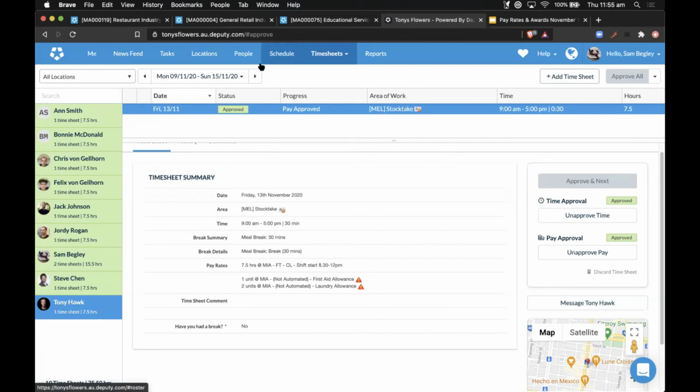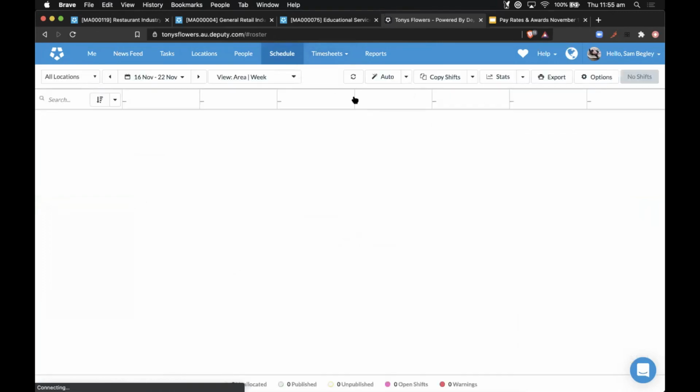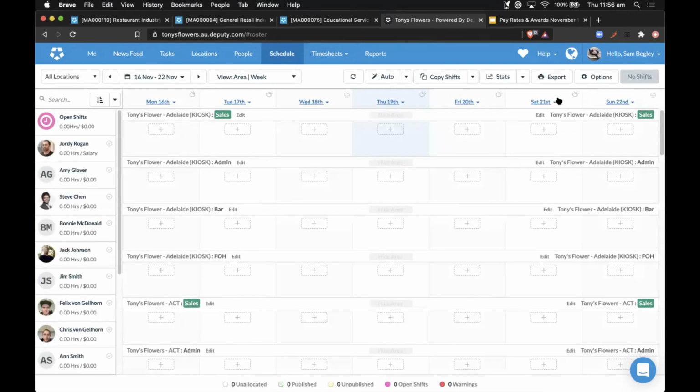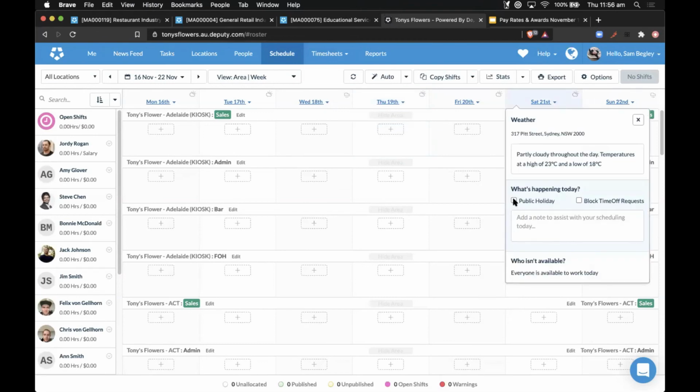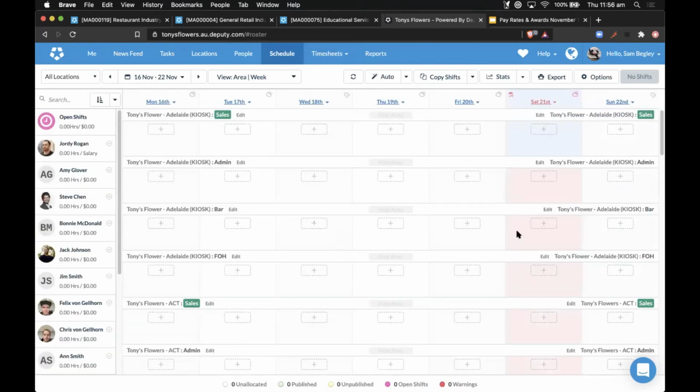Yeah, I'll quickly go through both scenarios. If the public holiday is coming up and hasn't happened yet, then go to the schedule and find the day that is the public holiday, click at the top of the screen, and select public holiday. It'll note it down in red, and that will know that any shifts that occur on that day will invoke a public holiday rate, which will query the people profile, based on the award, because the public holiday multiplier might be 2.21 or 2.28, it just depends on the award. It's not just going to have a blanket public holiday rate. It's just like a flag.